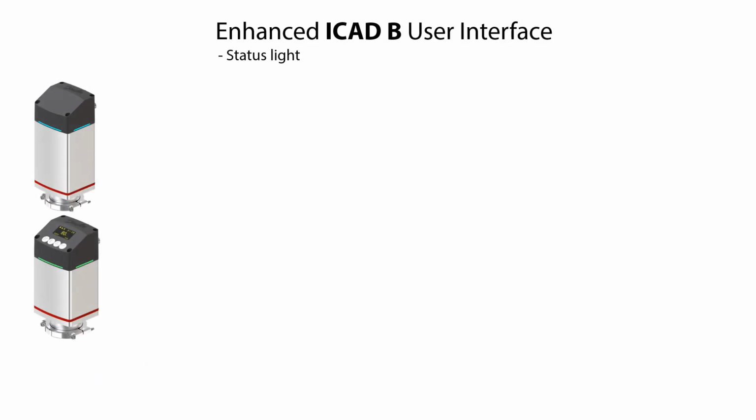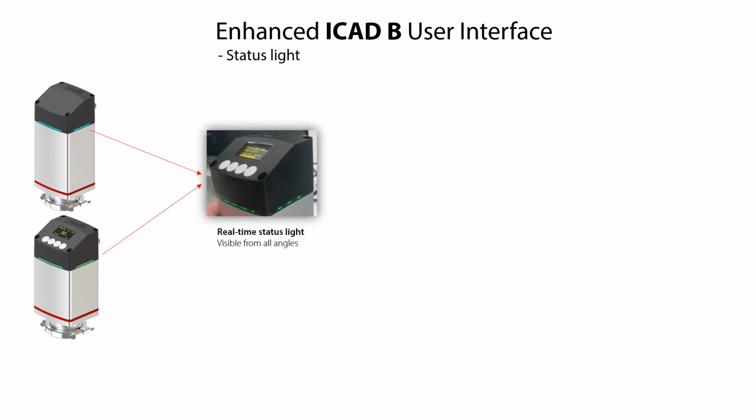The ICAD B actuator without and with built-in display both have a built-in status light, as illustrated here with the blue and green colored lines. This status light on the ICAD B is visible from all angles. The status light displays real-time status with 4 different colors depending on the status of the ICAD B and the valve. This includes, as specified here, steady red color, meaning that there is a critical alarm and that the valve